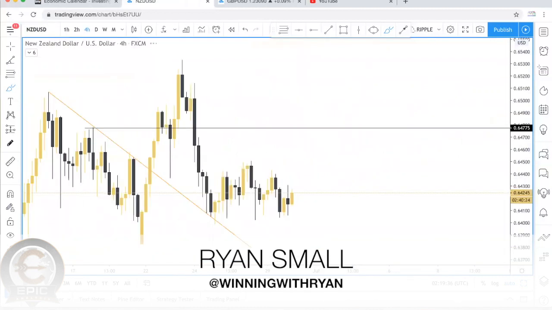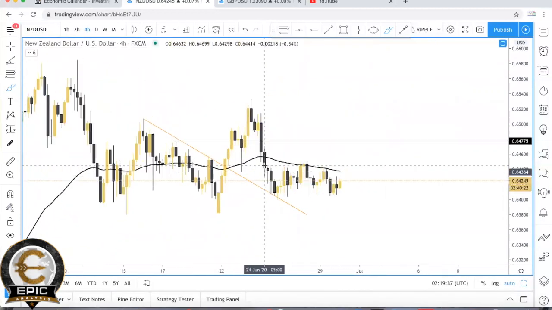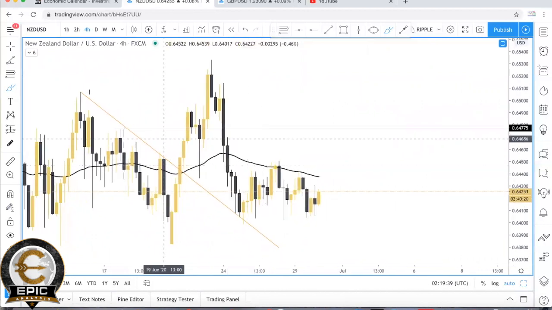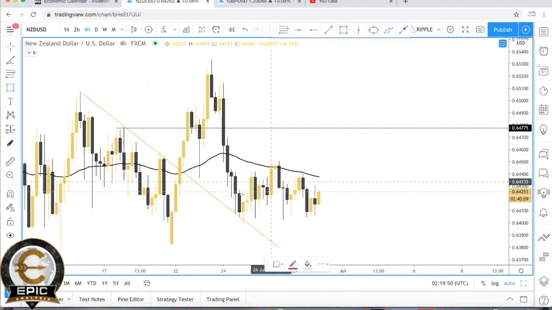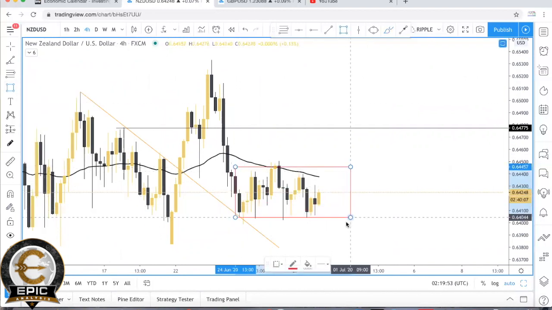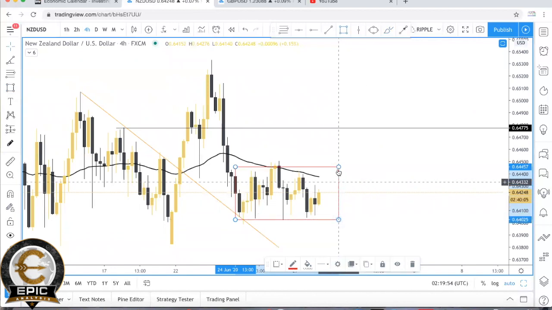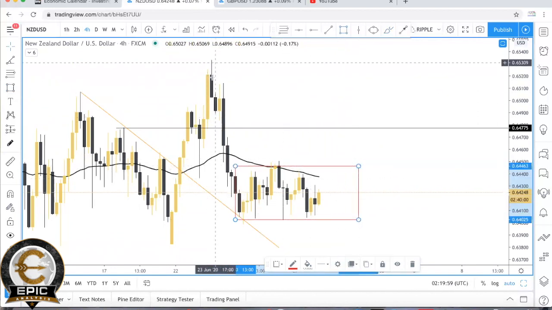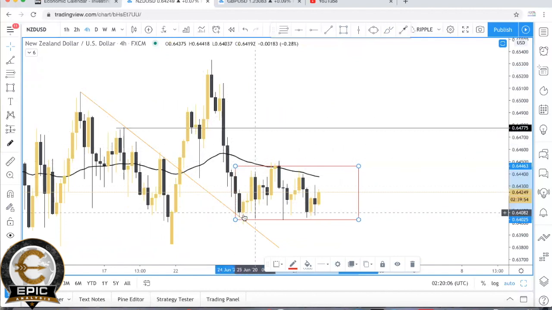All right, NZD USD. So after price broke out of the trend line, it moved bullish, and then we've seen that slight decline to end last week. And now currently we're in consolidation where the market is just moving sideways right here. So we really would just be waiting for a breakout, but because of the current pressure in the market coming from these highs and clearly breaking back below the 50 EMA, coming back down to this key support level,